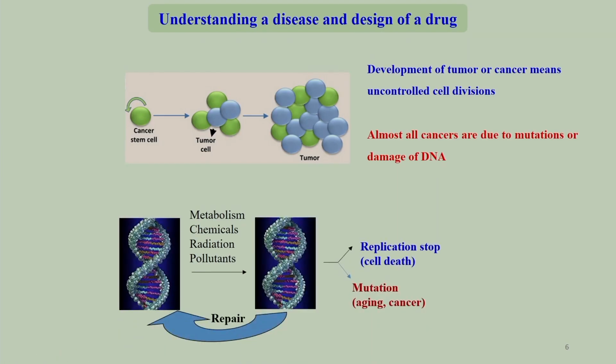Every day we are exposed to a lot of external and internal agents. Therefore, our DNA is exposed to a lot of internal agents as well as external chemical agents. Internal chemical agents means it goes through metabolic processes, and during metabolism a lot of radicals are produced, like peroxide radicals and all. They react with the DNA nucleobases, or we are exposed to chemicals, or to radiations, for example UV radiations or pollutants. Many of them change the structure of the DNA, and in turn their base pairing gets changed.